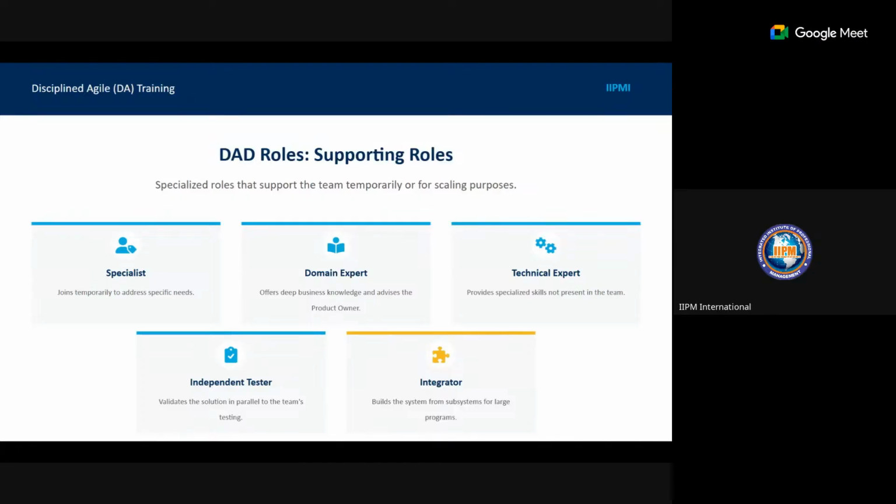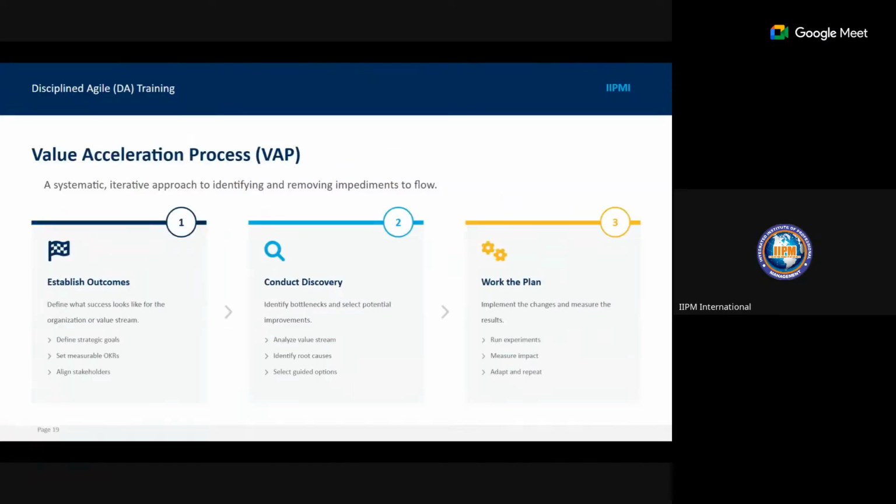So whether it is a specialist, a domain expert, a technical expert, an independent tester, or integrator, all of them are considered as expert judgment in traditional project management. Their work is to provide some specialized roles for the project. All right. Then we have the value acceleration process.